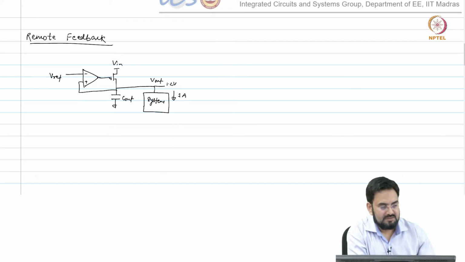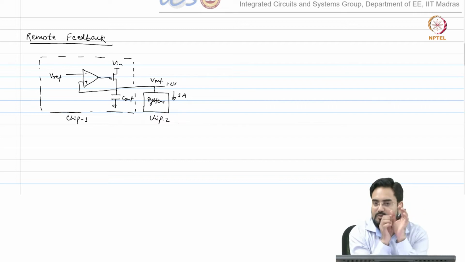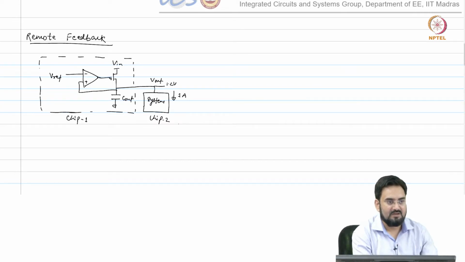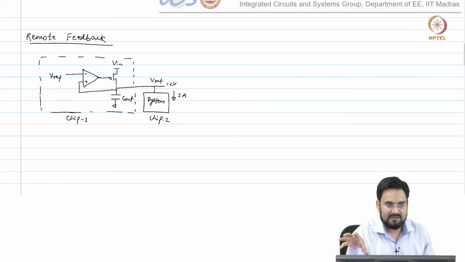Assume this is your chip 1 and this is your chip 2. So, on your board you have a 2 chip module where your regulator is the 1 chip. It is an off chip regulator not integrated in that system, and you have your system which is integrated into a different chip.